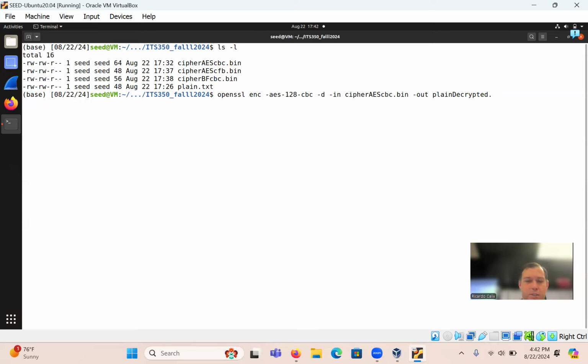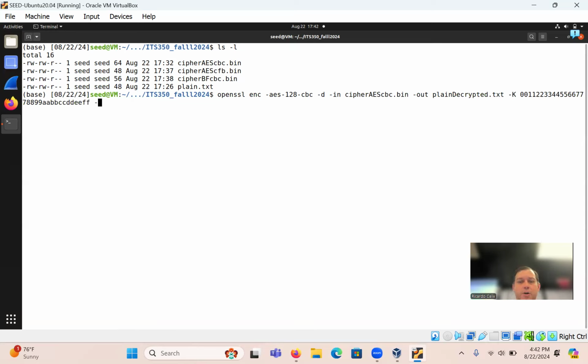You can say .txt. And then the key, of course, has to be the exact same key, right? You can't use another one. Obviously, it wouldn't work. So then I'm going to do 0 0 1 1 2 2 3 3 4 4 5 5 6 6 7 7 8 8 9 9 AA BB CC